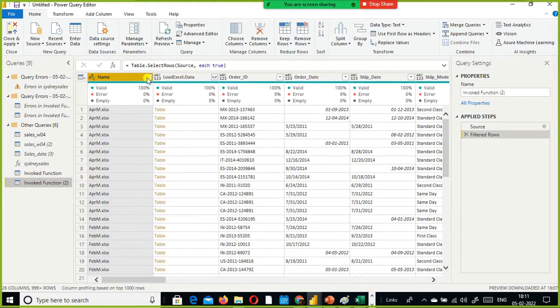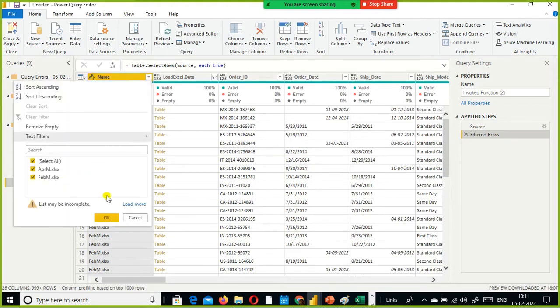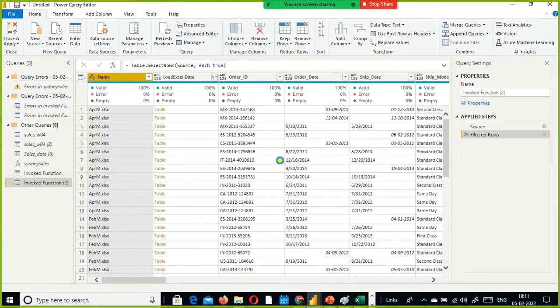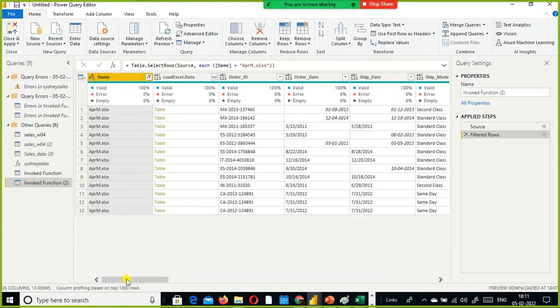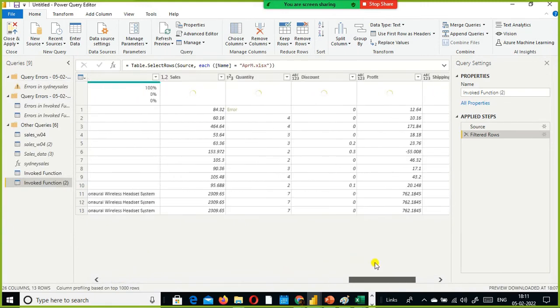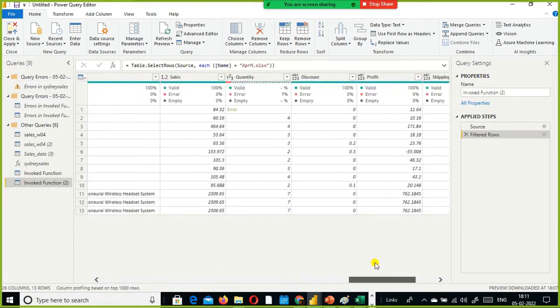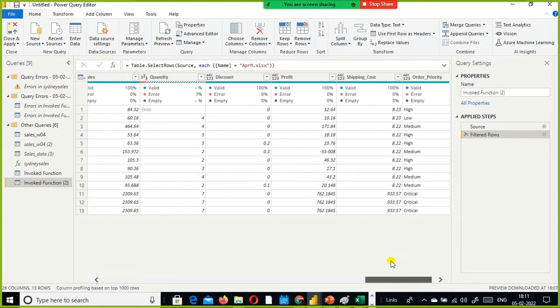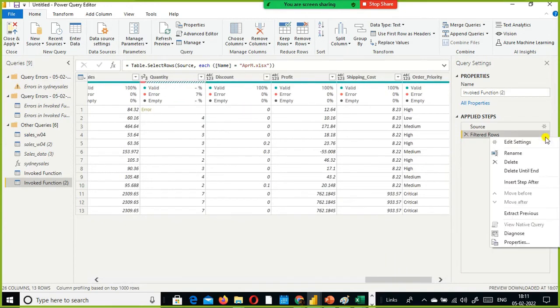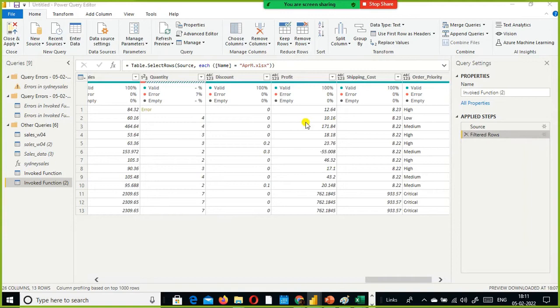I just select April month here. Quantity, we can see error here, right? Still we can see error here. Let me just see here.